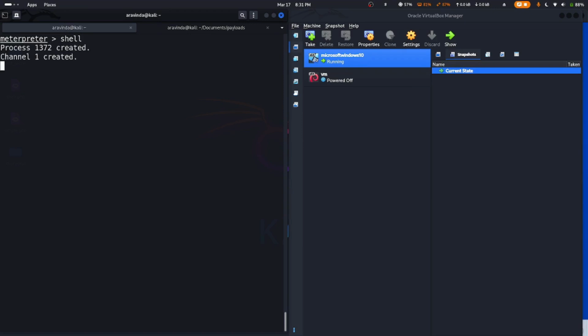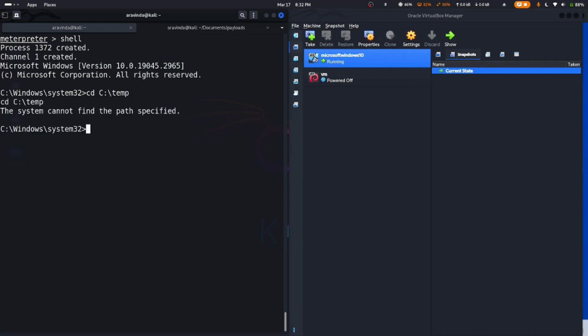So let's get a shell, and a process will be created. Let's first check the directory, right? Let's go to temp. So temp is not found. Let's go to users, so C users, sorry, C users, and username and desktop,